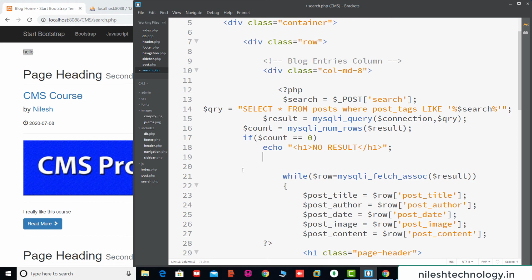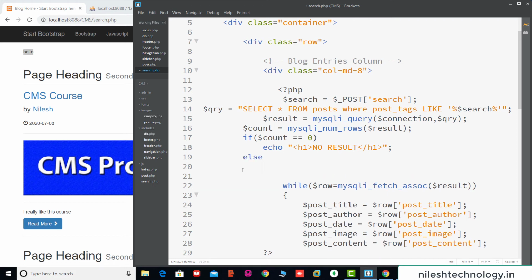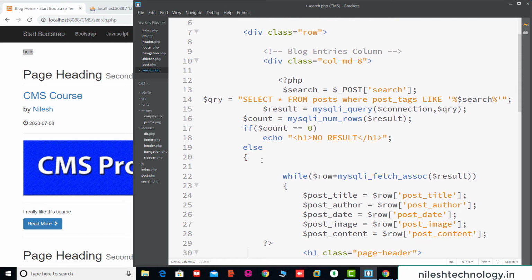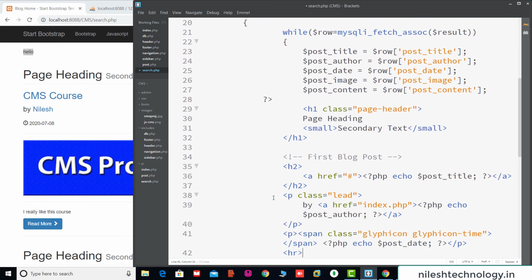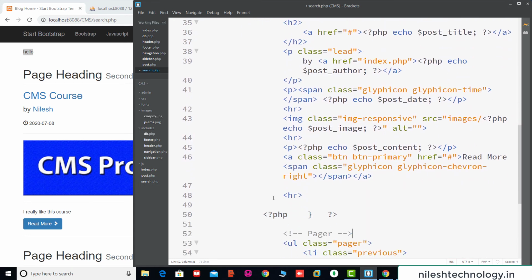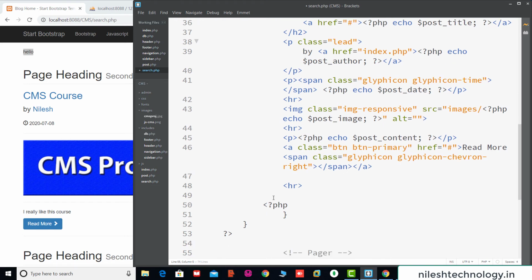Otherwise, in the else part, we print all the remaining section of this while loop. By using this while loop we print this result. Here the while is closed, then here we close our else block. Now save these changes.